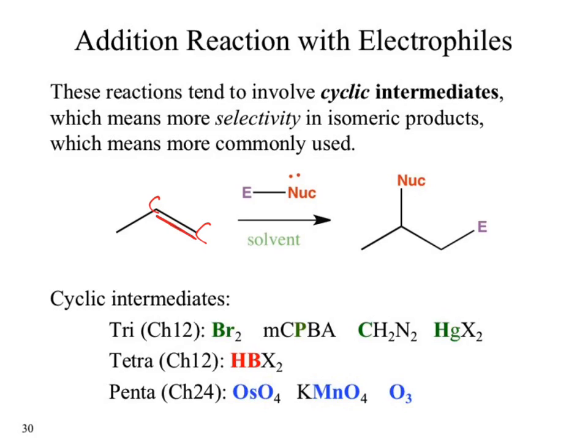So our alkene is going to supply how many of the atoms of our cyclic intermediate? 2. So when we move to the three-membered intermediates, notice what I have highlighted: a single letter in each of those cases, because that single letter represents the single extra atom added to the pi structure. In the first case, I'm adding bromine. In the second case, I'm adding